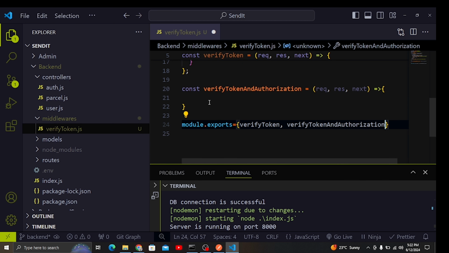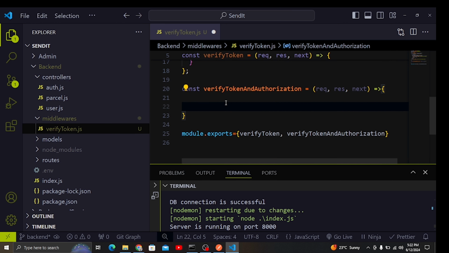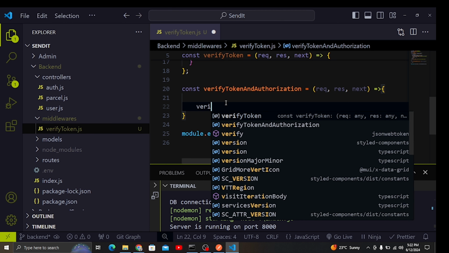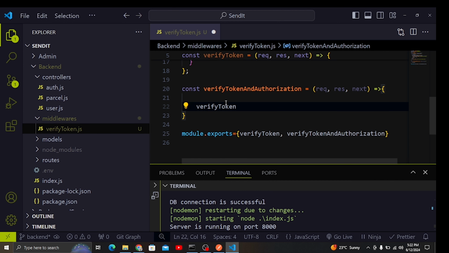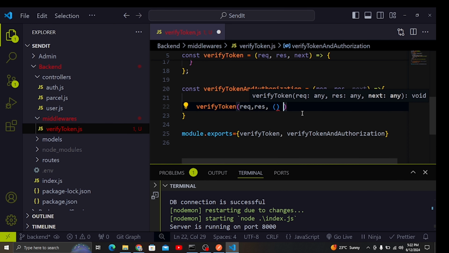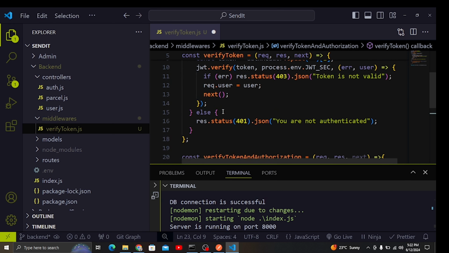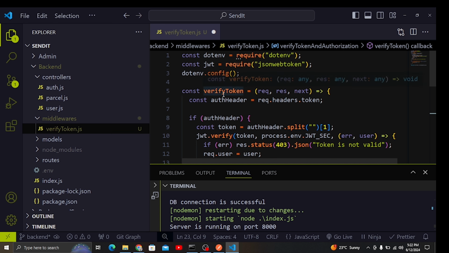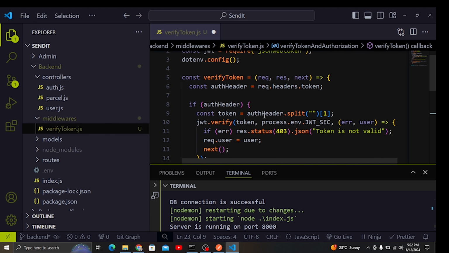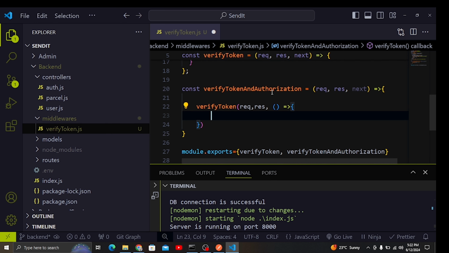And down here we make sure that we first verify the token using this function up here, verifyToken, and inside here we have request, response as arguments, and then we are going to have a callback function inside here. So first of all, that means that our application will verify the token first